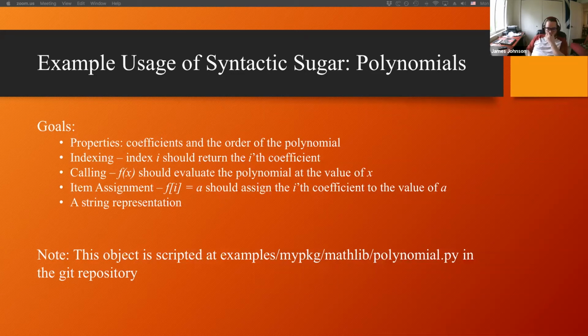So this is in the Git repository in the example package. I think I brought this up last week, but this is just an example package with some objects and some functions to show you guys how all of this might get stitched together into a miniature Python package. This is under polynomial.py under the mathlib subdirectory of that package. So that is code which is in the Git repository and is there for all of you as an example. But we're going to be going through that code here